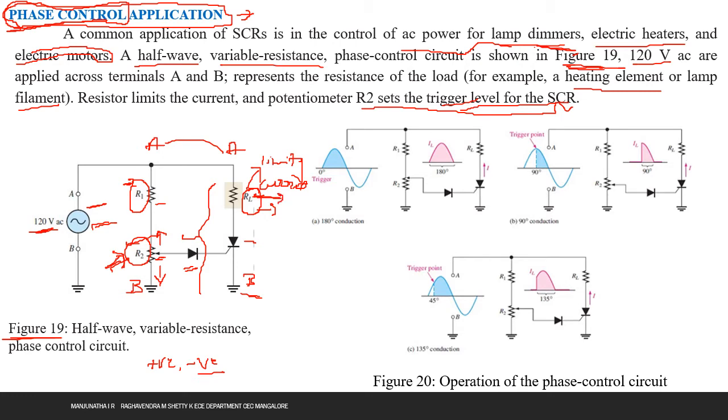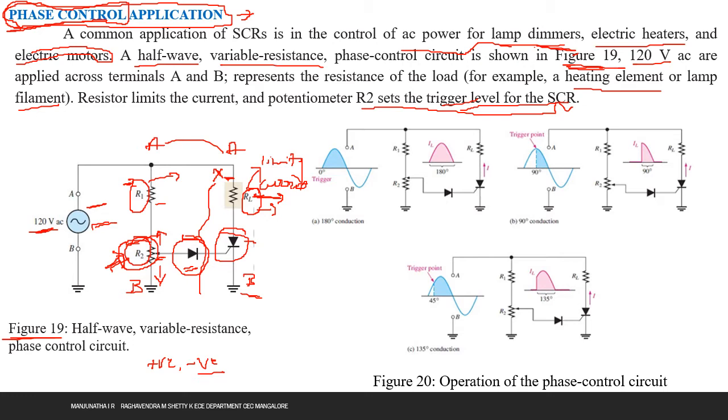Wherever we use heating elements and filaments, how much resistance or current we require for the heater or filament will be decided by the load resistance also. But I am not going to concentrate on the load resistance here, or the fixed resistance value R1. I am going to concentrate only on the diode, the SCR and the variable resistance from the potentiometer. It's very important to understand.